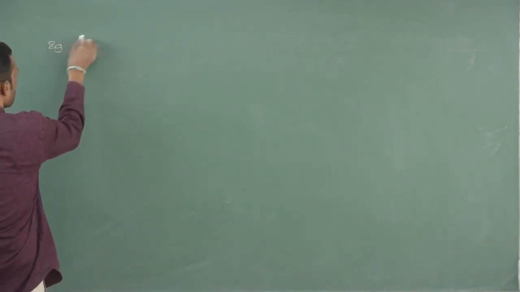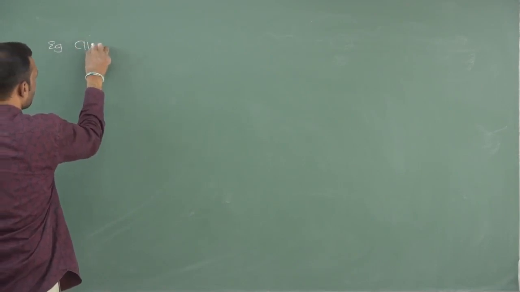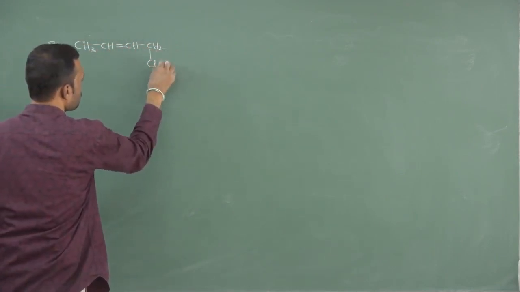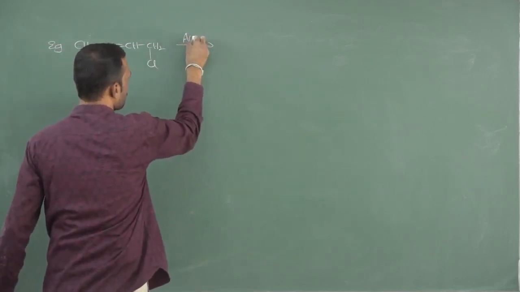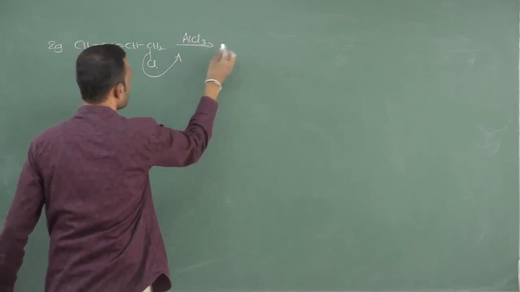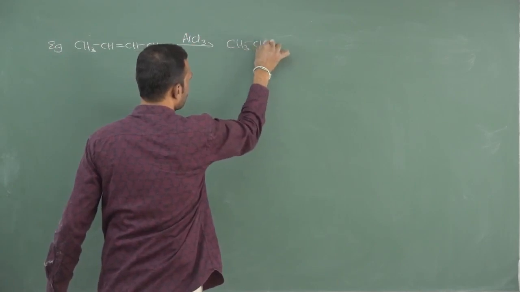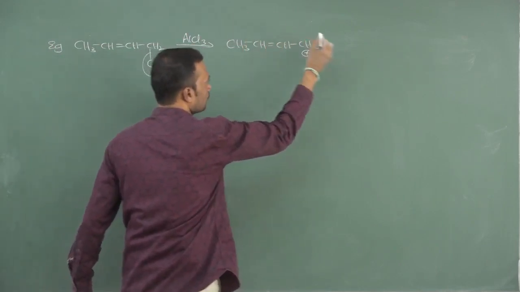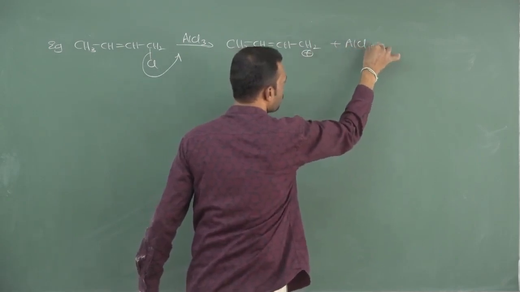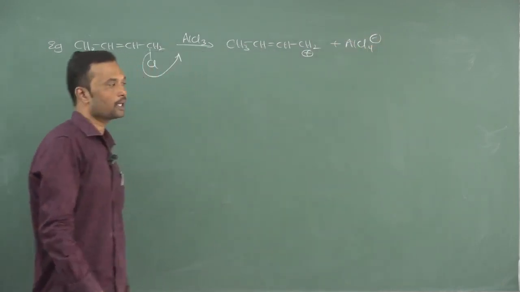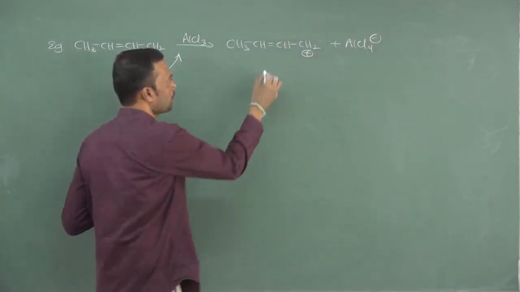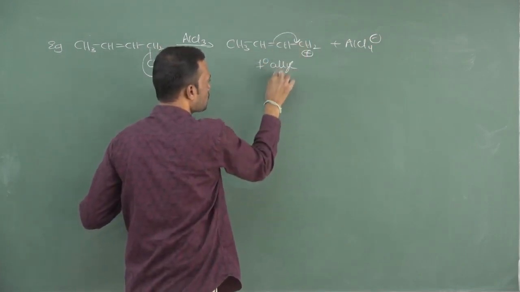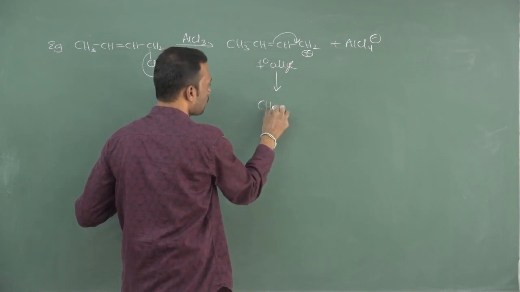So one more example. See, if I take an allyl carbon, this is the allyl carbon, and here I am using chlorine. If I use AlCl3, this chlorine will be taken by the Lewis acid and forms an allyl cation. Now this allyl cation is followed by AlCl4 minus, which you will write. After writing like this, see, this double bond is a primary allyl. So the primary allyl undergoes rearrangement. After rearrangement, what happens, you may get a